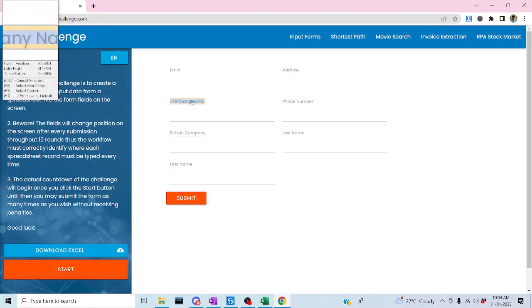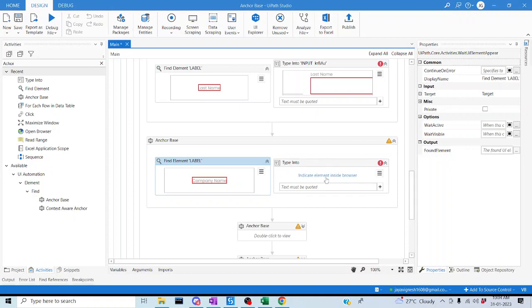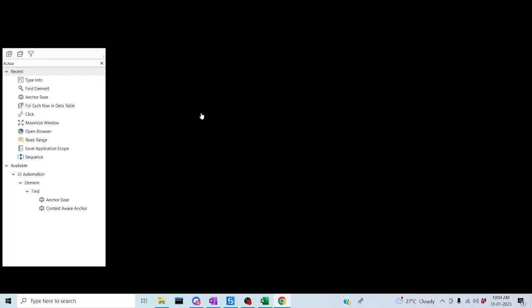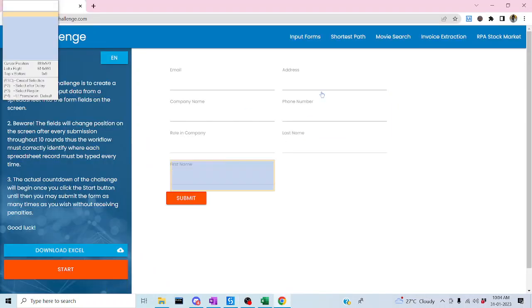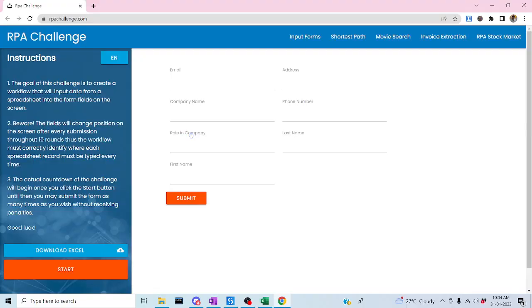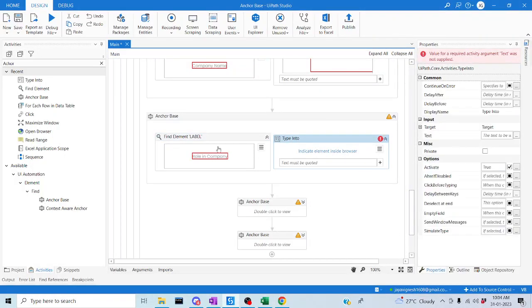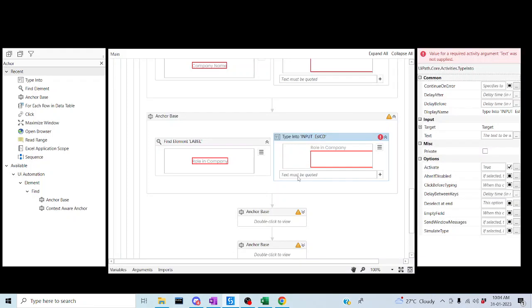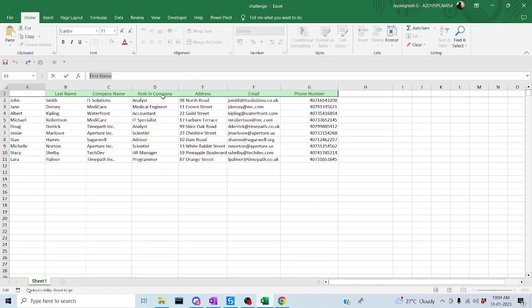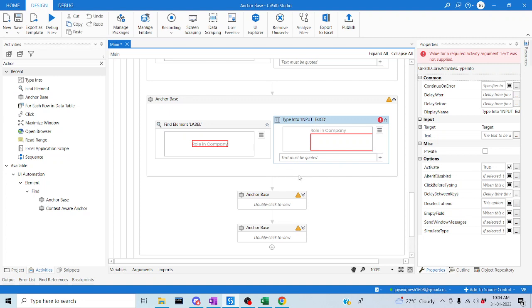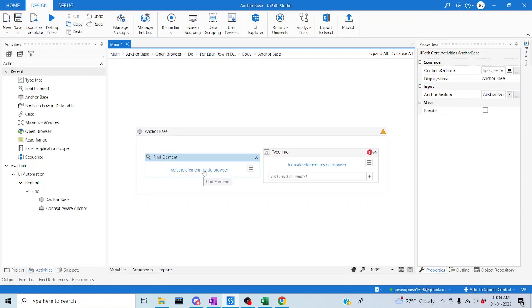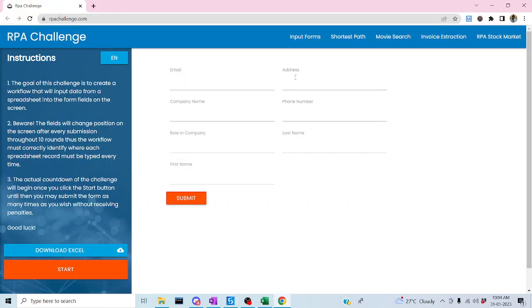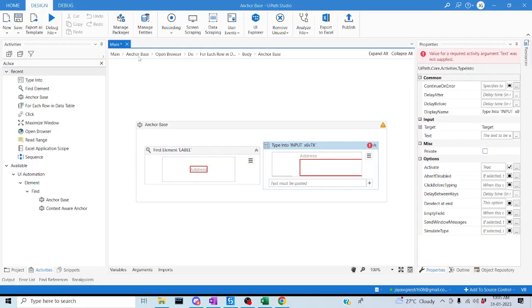Which is company name, and then try to indicate the company name box. After that, we are going to jump to the role, which is nothing but role in company, and then try to indicate the box as well. Perfect. So what is the next field now? Which is address, email, and then phone number. Yeah. So then address. Just try to indicate this box as well, and then